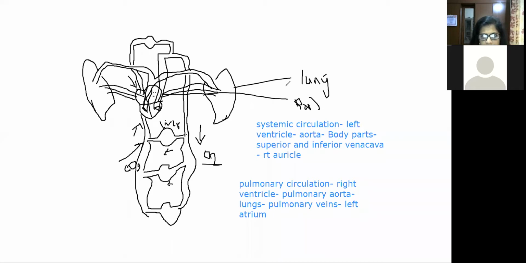I'm sorry for the handwriting. I will write it properly by using the text. This is the pulmonary veins. Okay, so that's it. That's how you understood, I think, right? So this is called the double circulation in humans. Did you understand? The diagram is a little not that good, but still you can think about it.